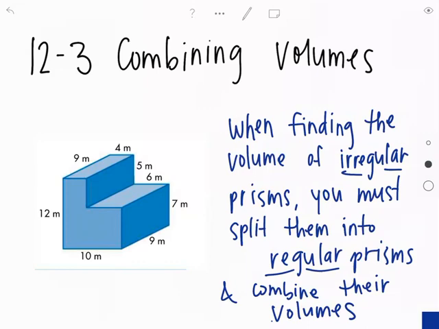Number 2 is 384 centimeters cubed. Number 3 is 336 meters cubed. Number 4 is 125 yards cubed. 5 is 160 centimeters cubed. 6 is 312 inches cubed. 7 is C as in cat. 8 is 4 meters. And number 9 is